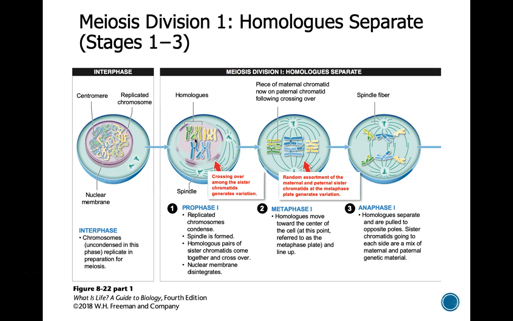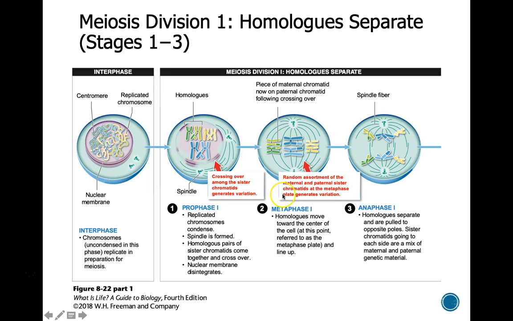And I'll talk about the mechanism of crossing over a little bit later, probably in another video. But the reason for crossing over is so that those chromosomes stay together. Now, the reason that they have to stay together is that we are going to line up along the metaphase plate and we're going to pull them apart. Remember, the reason for lining up is basically to get your ducks in a row so that all the chromosomes are partitioned equally. So then when we get to anaphase, we are going to pull our homologous chromosomes apart.